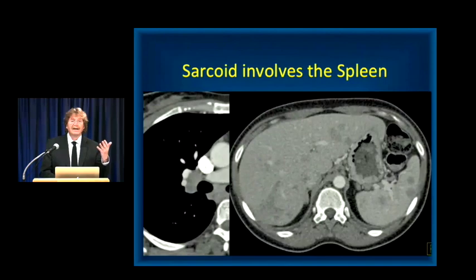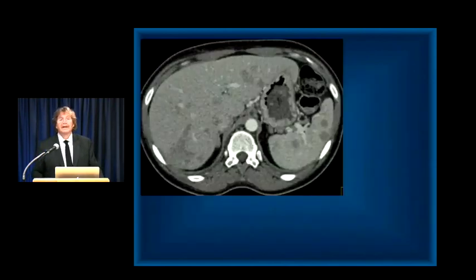Often you'll go back and scan the patient's chest and you'll see adenopathy. But again, when you look at it, you can say, how do I know it's not lymphoma? How do I know it's surely sarcoid? Lymphoma can give you adenopathy. Lymphoma gives splenic and liver involvement. How do I know? Well, it's something to think about, and then of course you can do a biopsy and